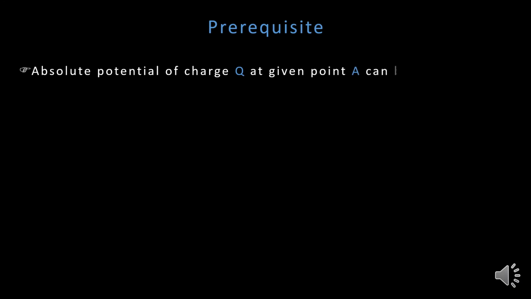To understand today's topic, we should know the following things. First of all, we should know that the absolute potential of any charge at any given point can be found out by taking the negative integration of electric field over displacement. We'll see what is